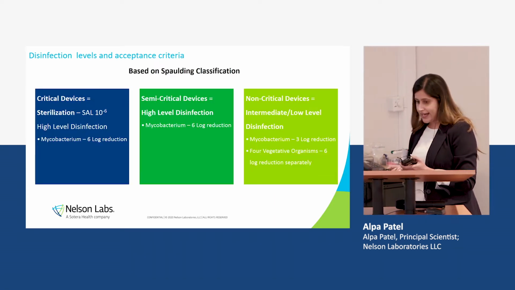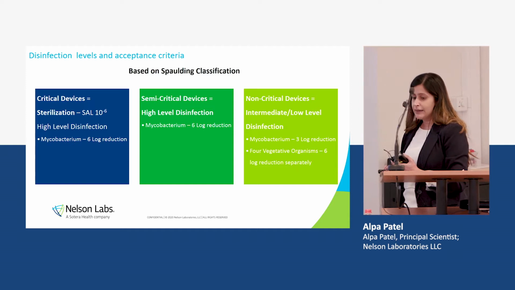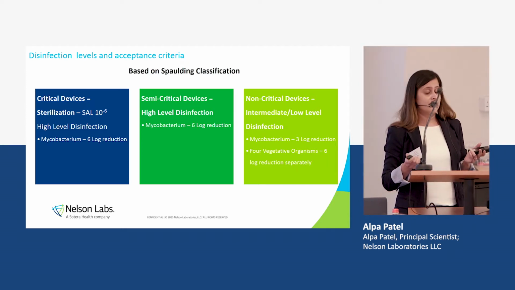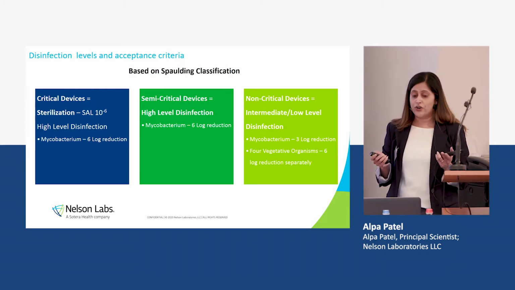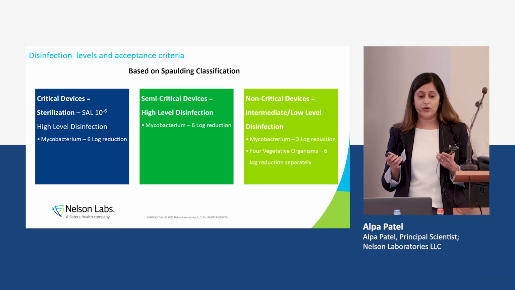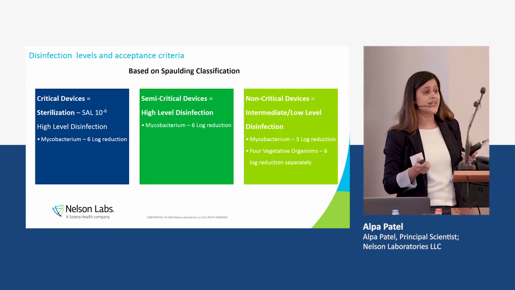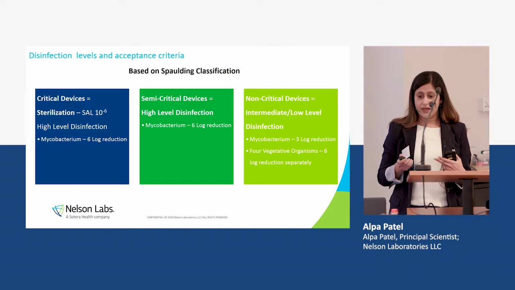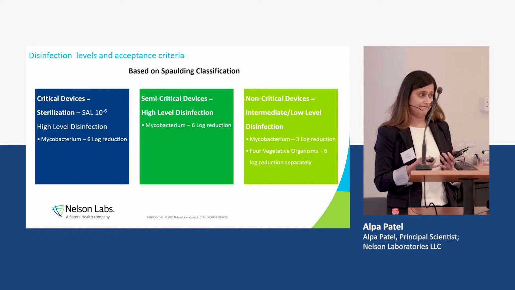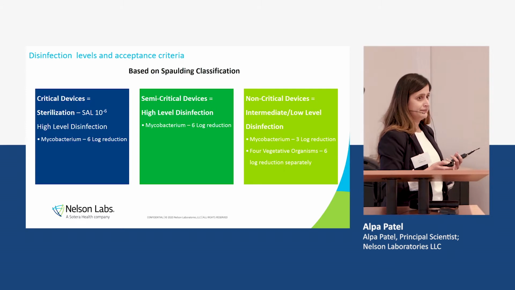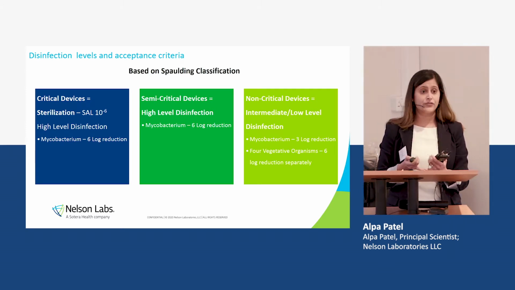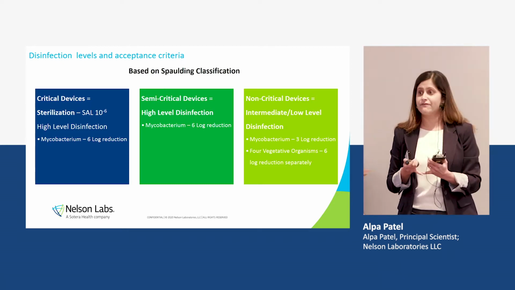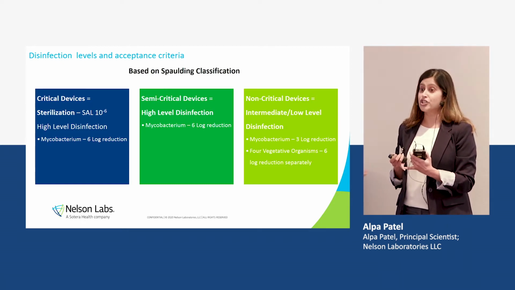Now, when deciding what sterilization method is appropriate, it depends on the Spalding classification. There are three sets you would have to figure out. There are critical devices. These are invasive devices that are going through the body and going through the tissue. Those have to be sterilized. Now, if you can't sterilize them, you can do HLD. However, you better have a good justification on why we're doing high-level disinfection on a critical item that should be